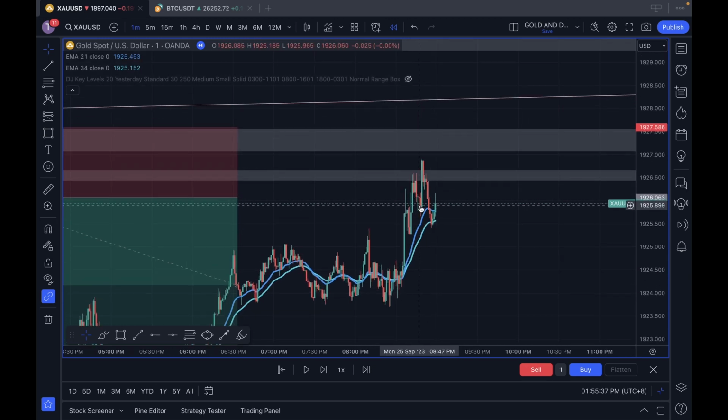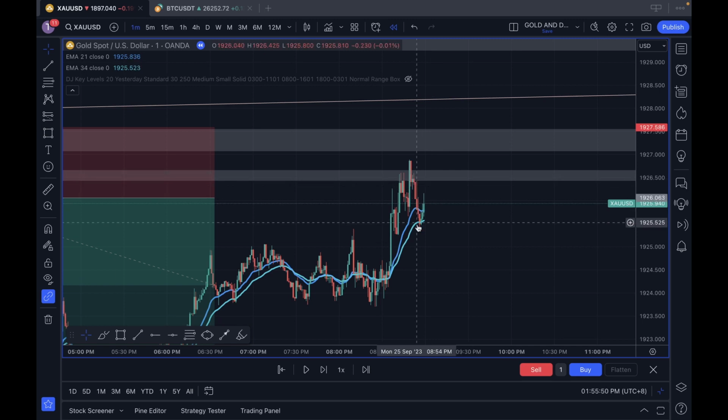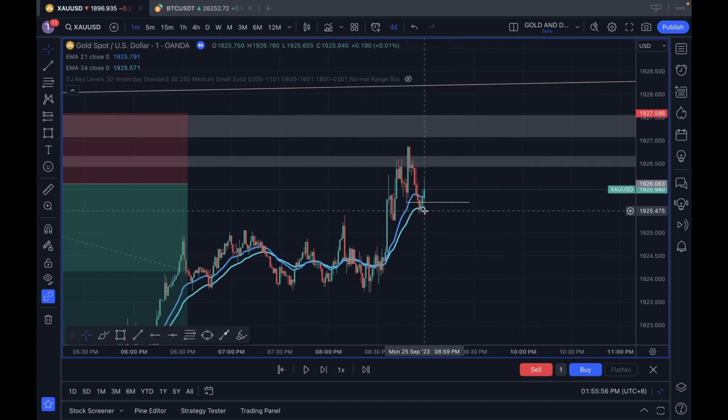As you can see here, price pushed up with a huge candle, okay, but failed to sustain and hold above 1926.5, which was the H1 FVG. Okay, and eventually price came down, broke structure on the M1 again. See over here, and you could have entered over here another short entry